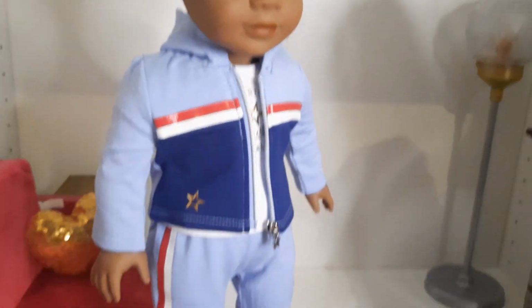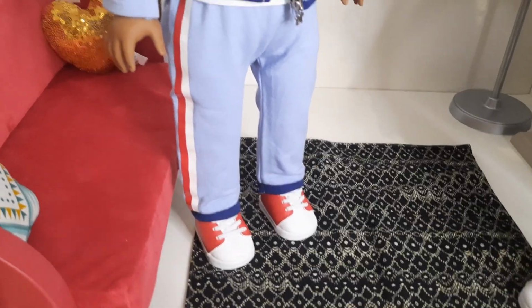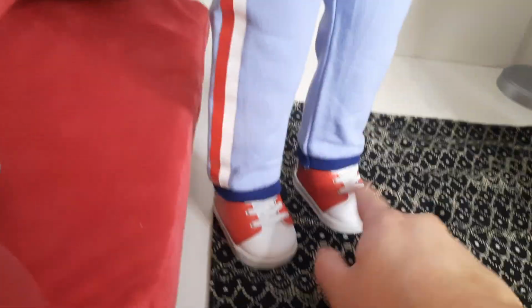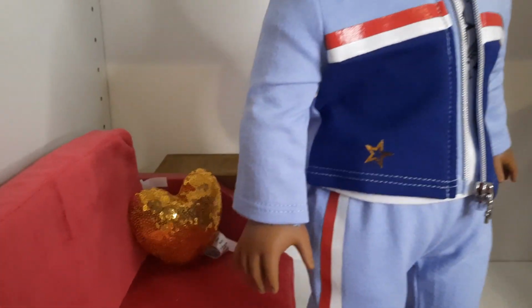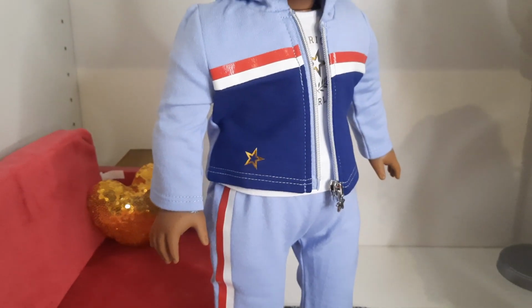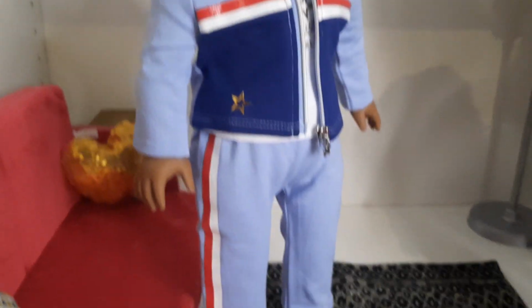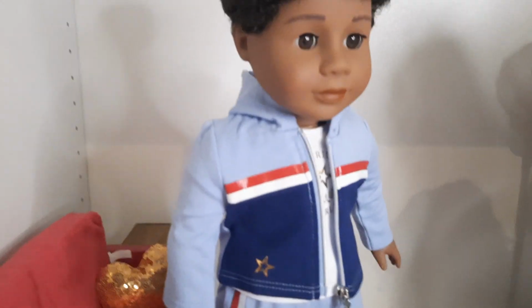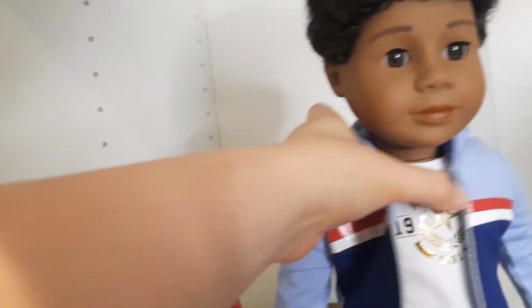So between the two, I actually like this one a lot more. This is a lot easier to get on. The high tops of the shoes actually made it really easy to get on. I don't know if it was just easier because there were no socks or what, but these were a lot easier to get on than these. I don't know, it's a good, comfortable feeling. I could definitely see myself wearing this around the house. And I think it looks really good on Michael here. So yeah, this one surprisingly became my favorite of the two,